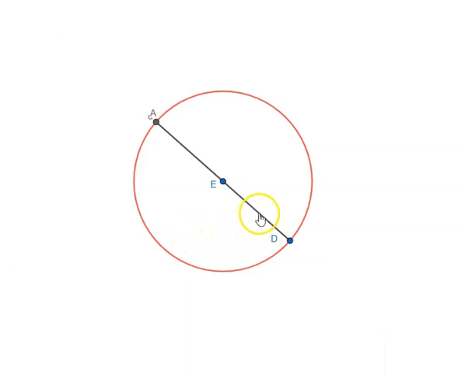What the proposition says is that if we take a point F on the diameter on any one side of the diameter, then if we take any points, let's say B, C and G, and if we join FB, FC and FG, then BF would be smaller than AF, CF will be smaller than BF, GF will be smaller than CF. So what it boils down to is that the